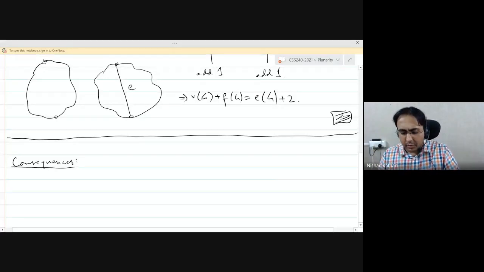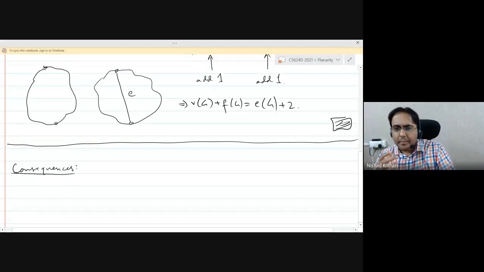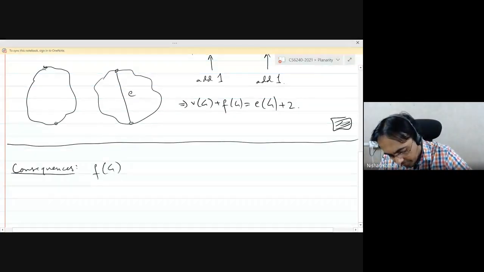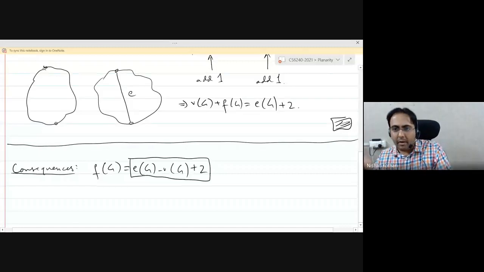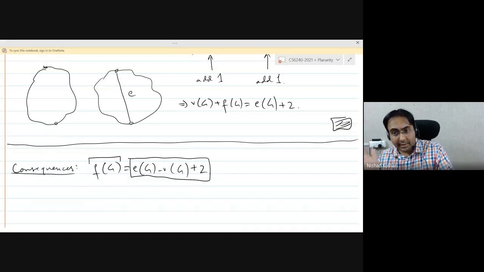Well, the first consequence is that it tells you that the number of faces of a plane graph or of a planar graph is actually invariant, because the number of faces can be written as the number of edges minus the number of vertices of the graph plus 2. And all of these quantities do not depend on an embedding. Well, the left side depends on the embedding. So that means that for any two different embeddings, you will have the same number of faces. They may not be the same faces